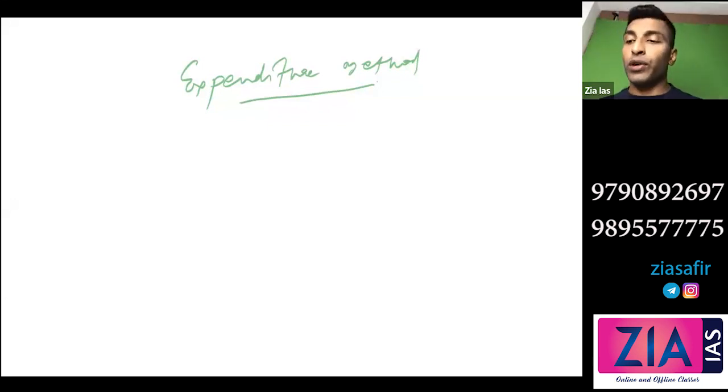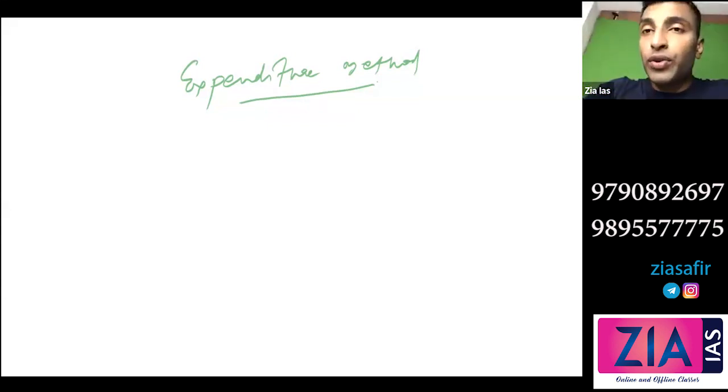Okay, now expenditure method means, in the first method, the income method, you added all the income. Similarly, you will add all the expenditure. This is what you are actually going to do here. Okay, you write there: in this method, national income is estimated by adding up expenditures on all final goods and services.